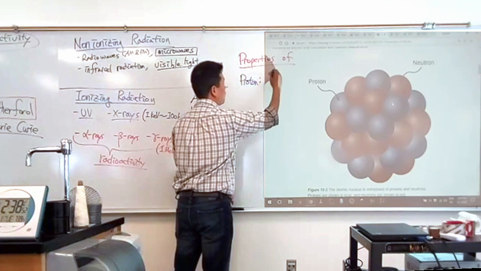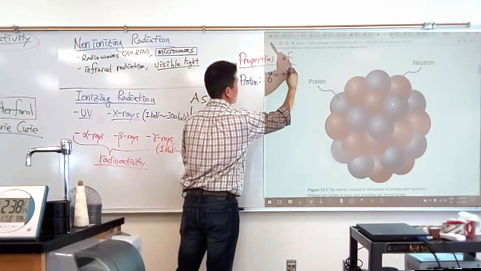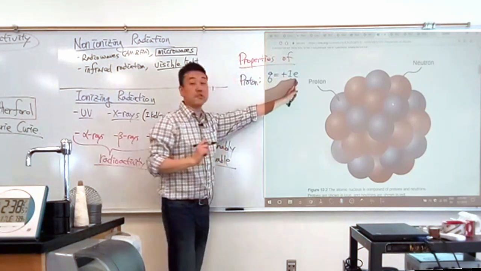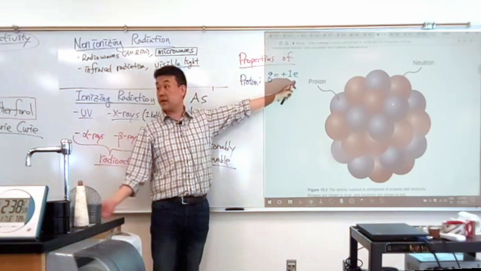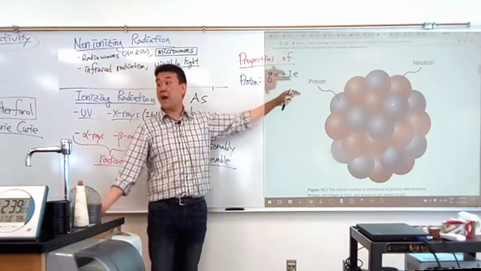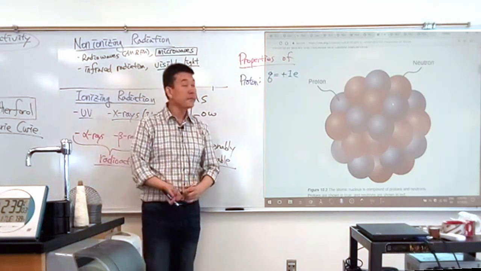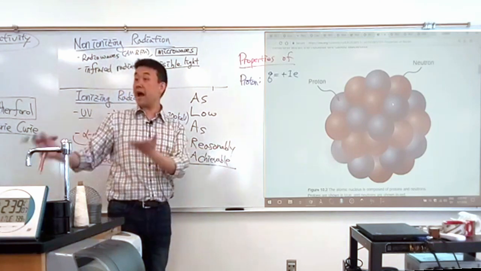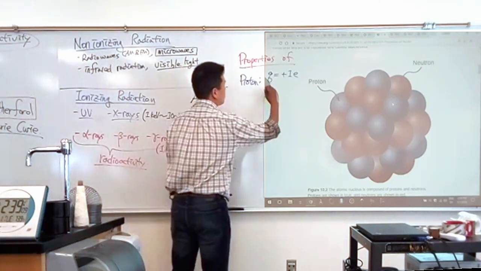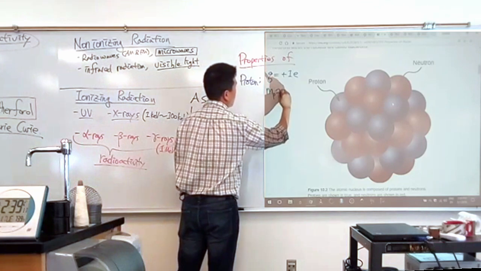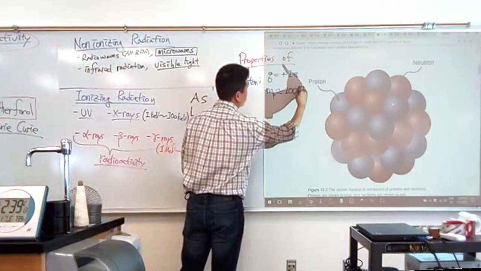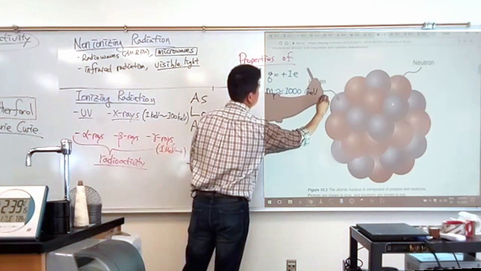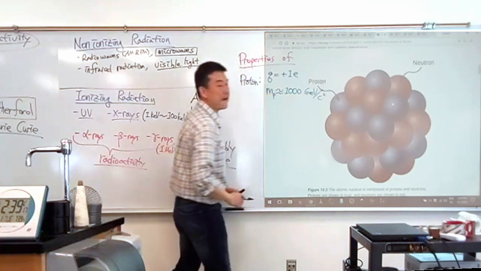The charge of proton is plus 1e, the elementary charge, the same magnitude of charge as the electron, because that's how the hydrogen atom is electrically neutral. And the mass of the proton, from the mass of the hydrogen atom, is approximately